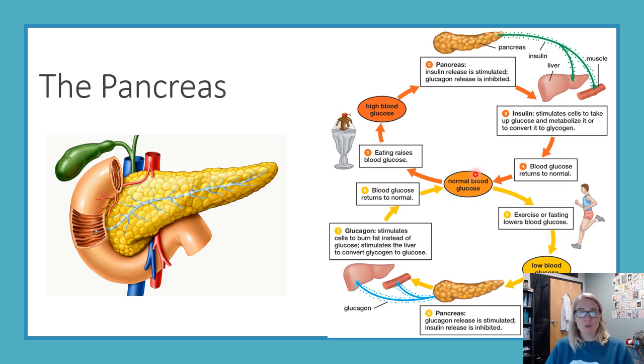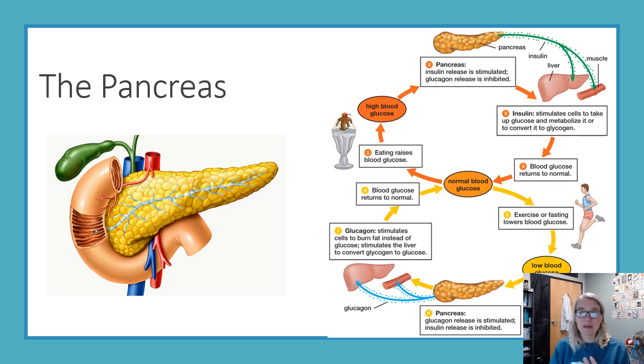So then let's say after a while, you've had your breakfast at 7 o'clock or 8 o'clock in the morning. It's now 1 o'clock. You have a late lunch. Oh, I'm starving. How do you maintain your blood glucose levels between breakfast time and lunchtime, or between lunch and dinner, or between dinner and breakfast? How do you do that if you're not actively eating? Well, all of that sugar that we stored up after our last meal, we can access that. And we do that by this other hormone called glucagon. So in between meal time, our blood glucose levels get low. The pancreas recognizes that, releases glucagon, targets our storage tanks, right, our liver and our muscle, releases that glucose back into the blood to keep our blood glucose levels normal.